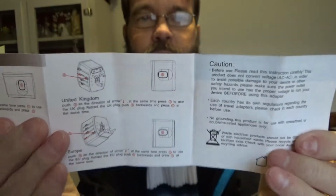But it does come with some documentation in case you have a need for it. So, but I think it's pretty cool, and as time progresses, we get higher output from our devices because we have hungrier devices that need more. So it's a good idea to sometimes change to maybe a newer, faster adapter. So this will give you a much faster charge than some of the older adapters. Maybe if you're someone that travels a lot, you probably have some older adapters. Maybe you're looking at upgrading. So it's something worth considering. But yeah, 3.4 amp, 5 volt, and I suppose it's going to vary because you have Type C and regular USB. So 2.4 to 3.4 should give you a relatively fast charge for pretty much all of your